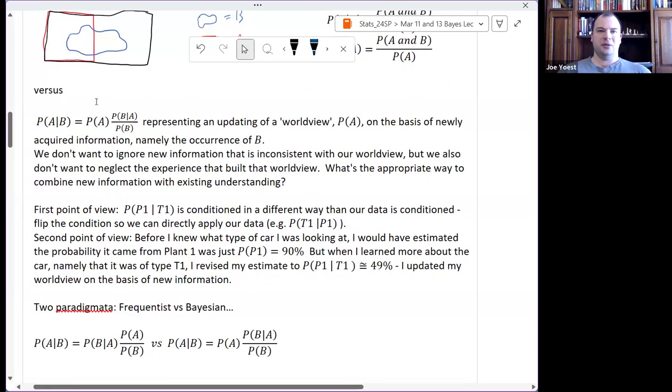But what if I only get one chance? What if you have a medical condition and you need to decide on a treatment? You have to decide treatment 1 or treatment 2, and you don't get to do that 10,000 times. So what's another way to think about probability?